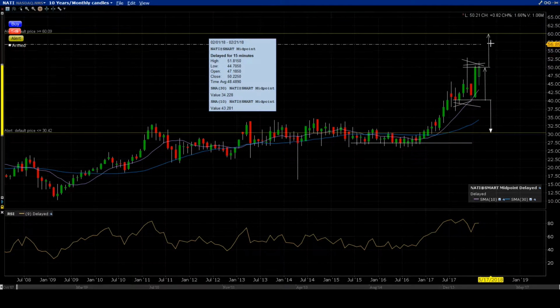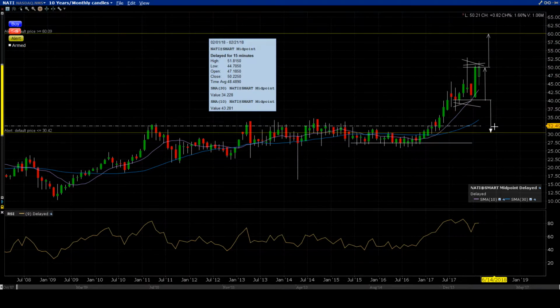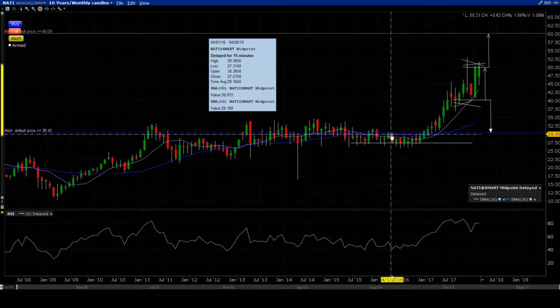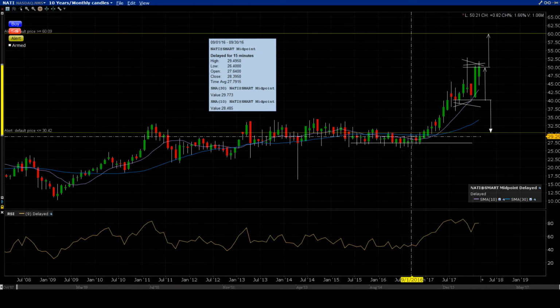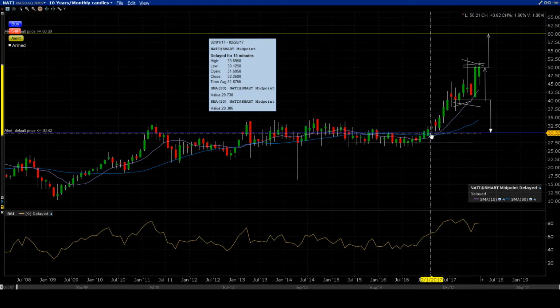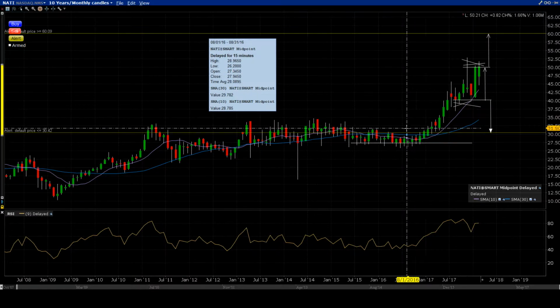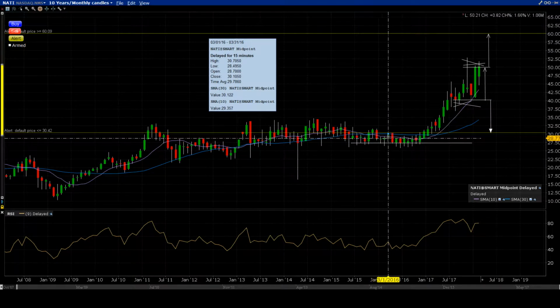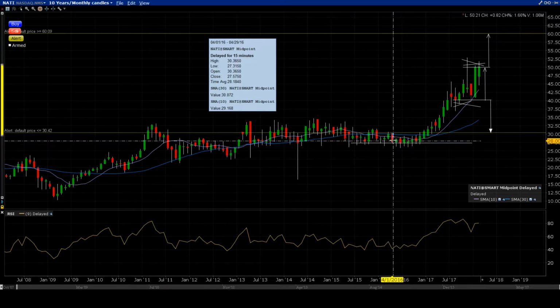And for the breakdown target, first thing I look for is walls. Walls is what I call a previous resistance turned support via breakout or support turned resistance via breakdown. And we see that the 30 level depends where you consider the breakdown, but I think it's right, could be right around here,